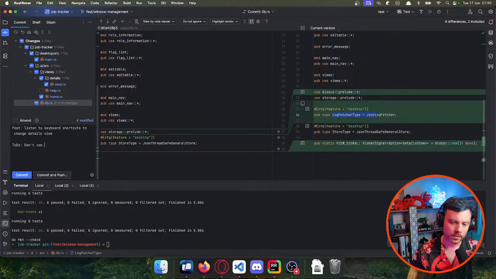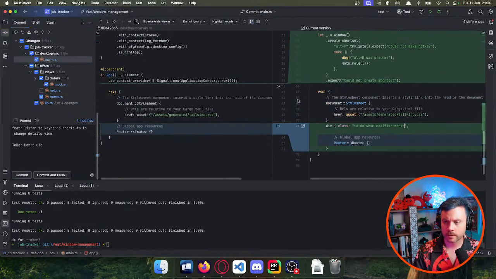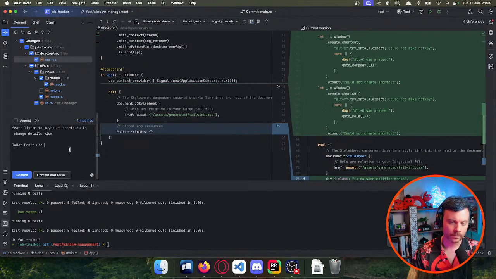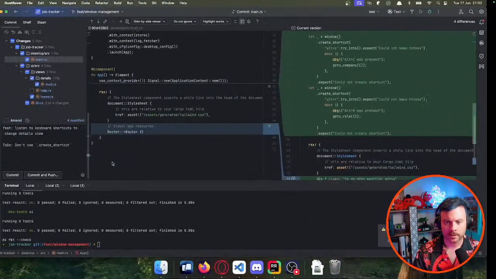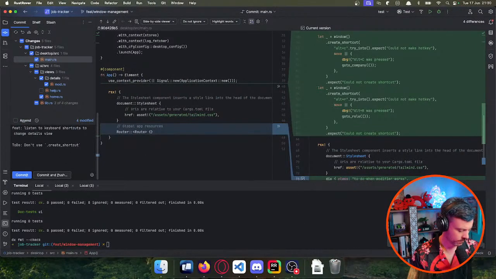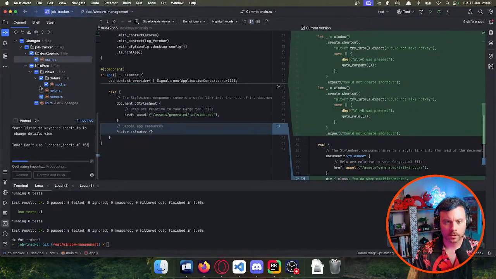Don't use, what was it called? Create shortcut. Create shortcut. And then I created an issue for it, 53. Commit, and then last but not least,